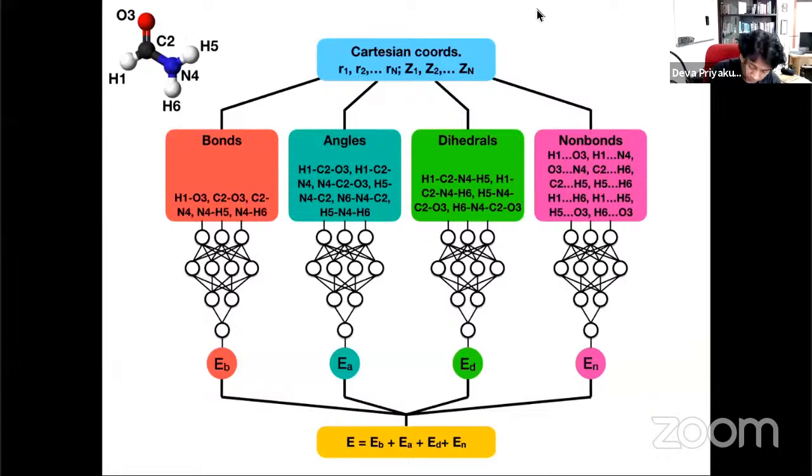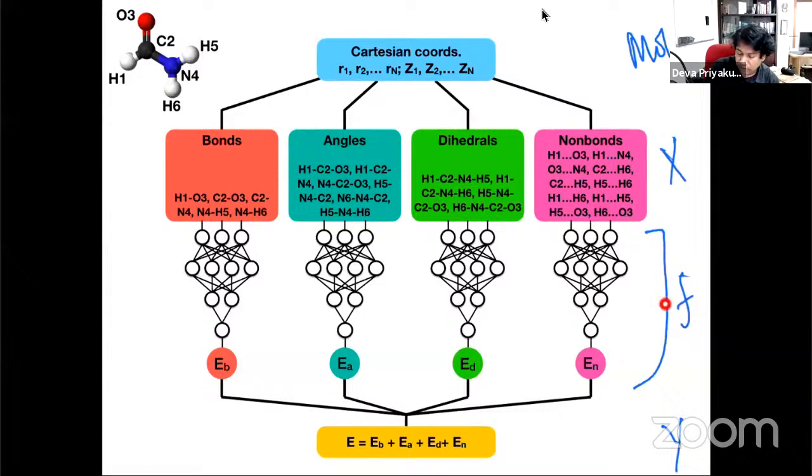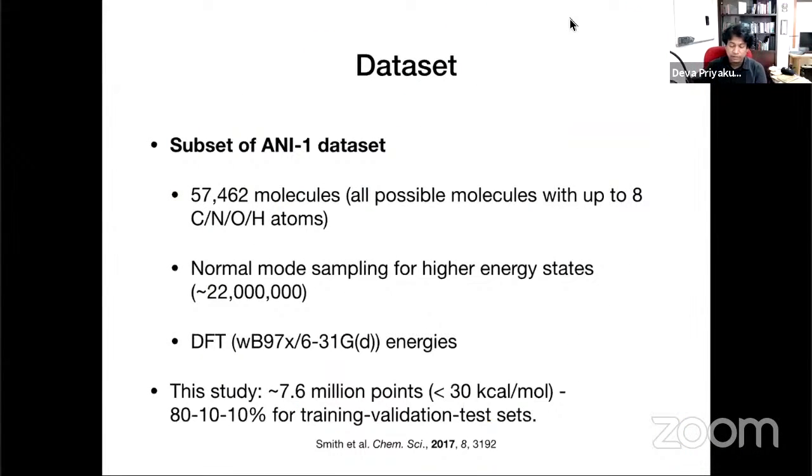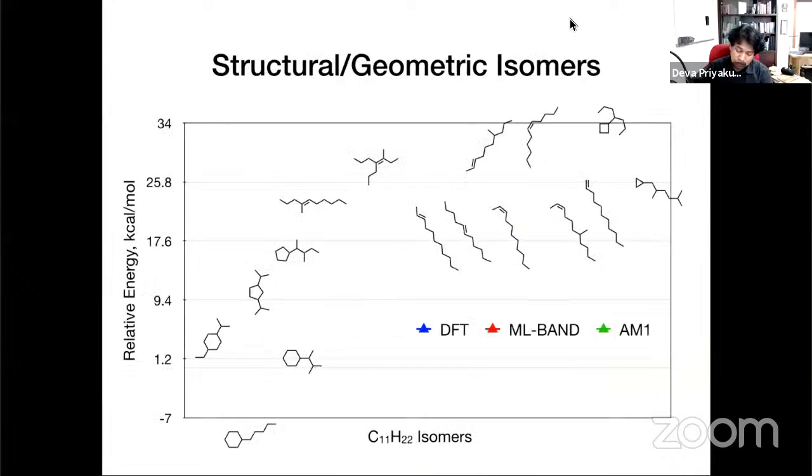Okay. So again, in terms of the discussions that we had before, this is the molecule, this is X, this is Y, and the in-between part is basically my function F. Based on known examples of X and Y, I learn what F is. Once I have learned F for a set of molecules, I can use this F to predict energies for any future molecule that we have. Okay, so that's basically the idea.